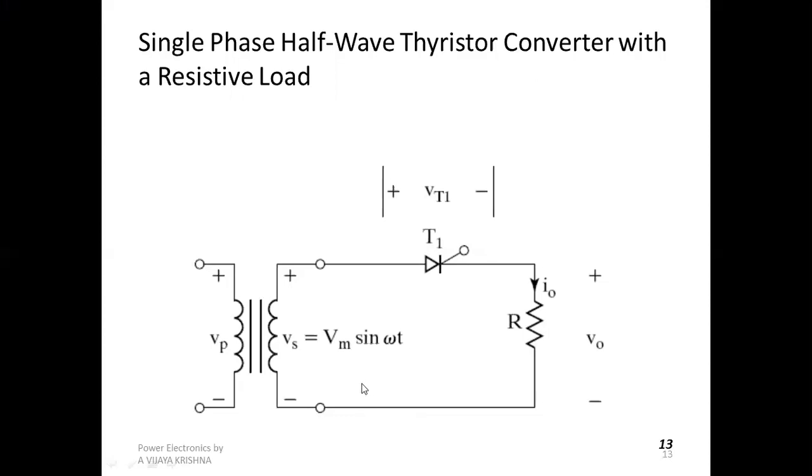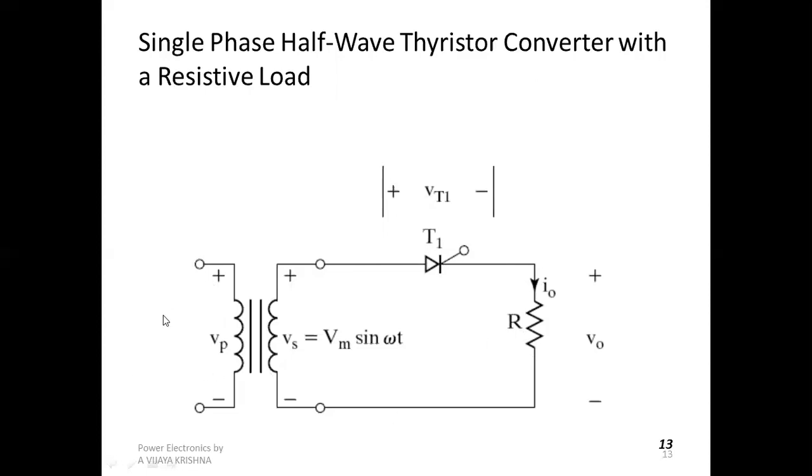Here, if you observe the diagram, it is a transformer. The primary winding is connected towards the source side, and a single phase supply is connected here. The secondary is connected towards the thyristor circuit. The switch here is a thyristor, or SCR. It is connected towards the resistive load, and the resistor's other end is connected back to the transformer. This is the complete circuit of the secondary side.